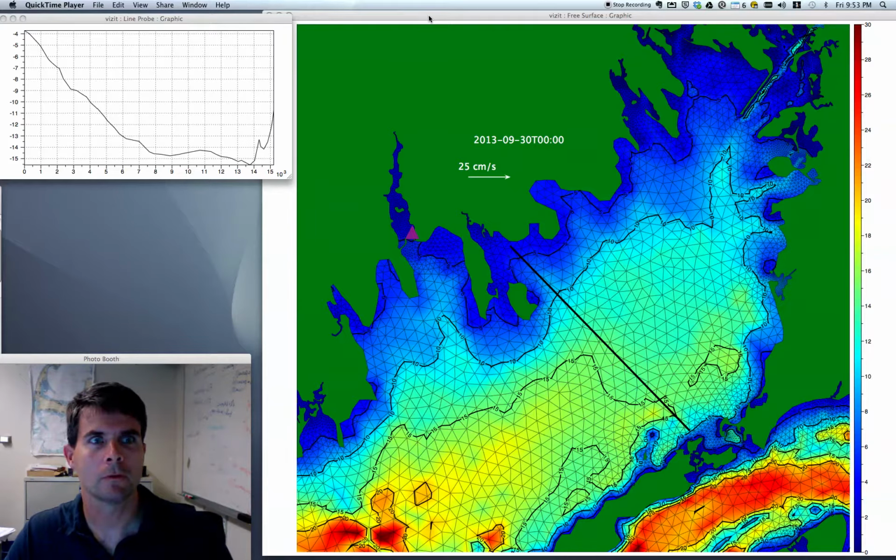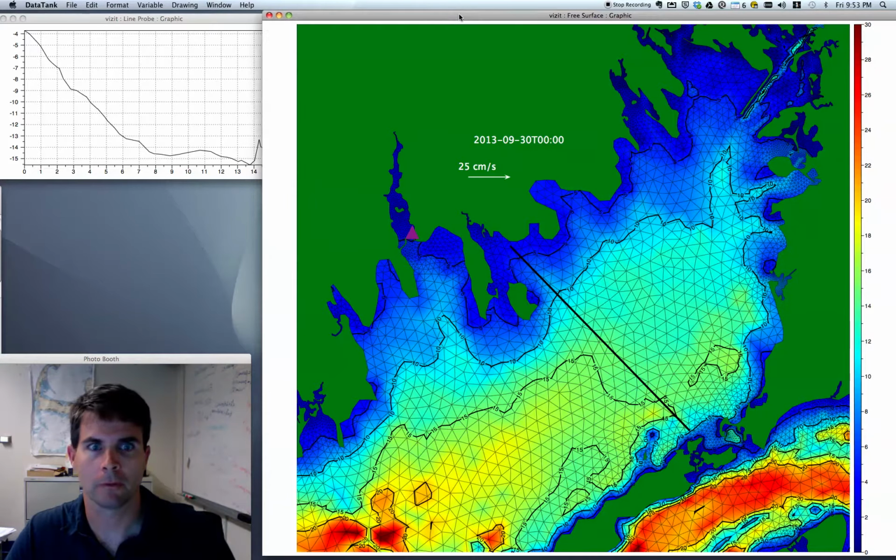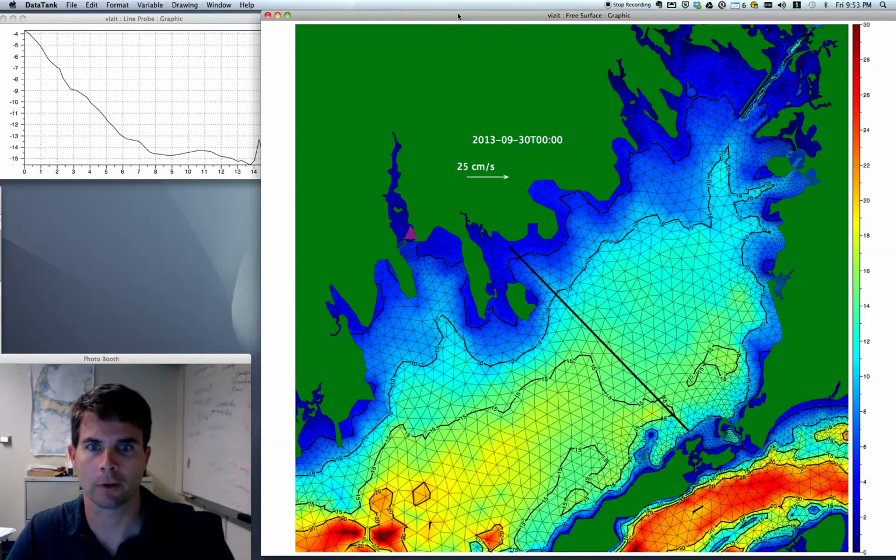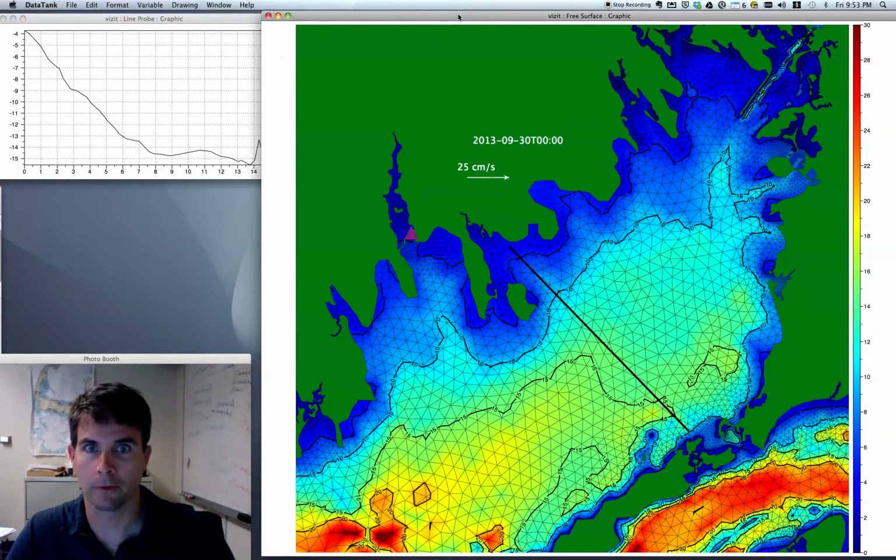I'm going to show some data from models where the simulation time frame covered that of the cruise. That was September 30, 2013 for MAR555. If I have time, I'm going to try to show some of the observations that Miles processed. Hopefully I have time to do that. I'm going to recap some of this in class as well, but it's easier if I can work at my